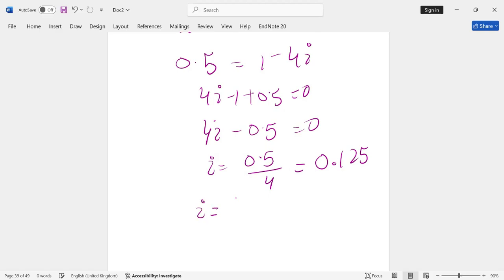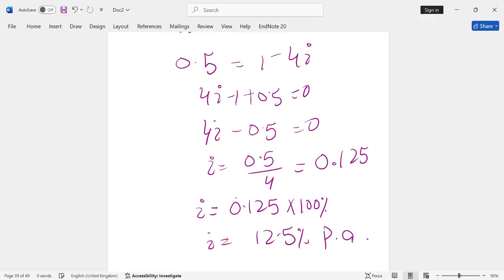iota equals 0.125 multiplied by 100%, and we get iota equals 12.5% p.a. So the annual depreciation rate is 12.5%. Okay, this is the required answer for this question. Okay, so let's move to the next question, which is